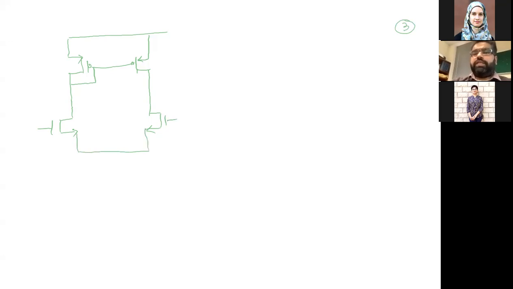The rest, everything is the same. So we now have ISS, which is a tail current. We can give names to them. This is M1, this is M2, this is M3, and this is M4. And still,